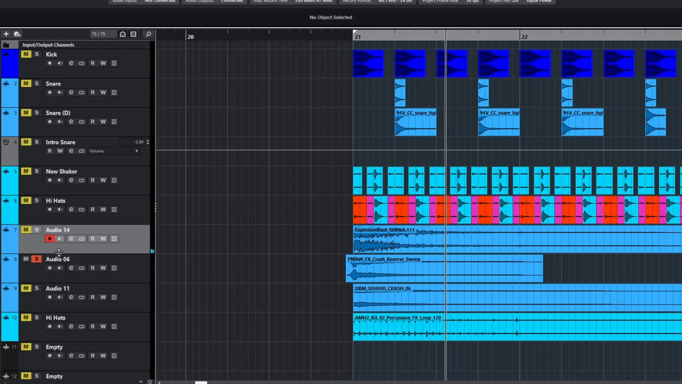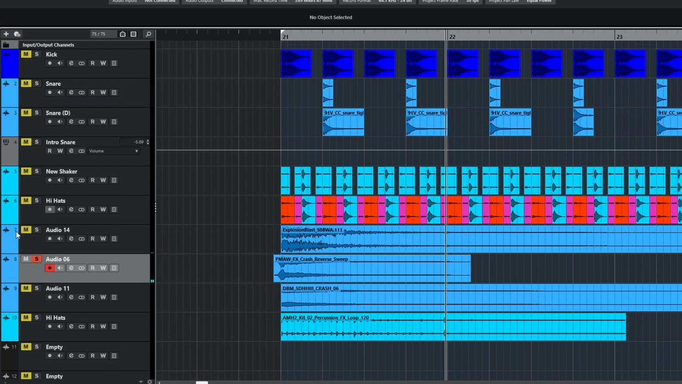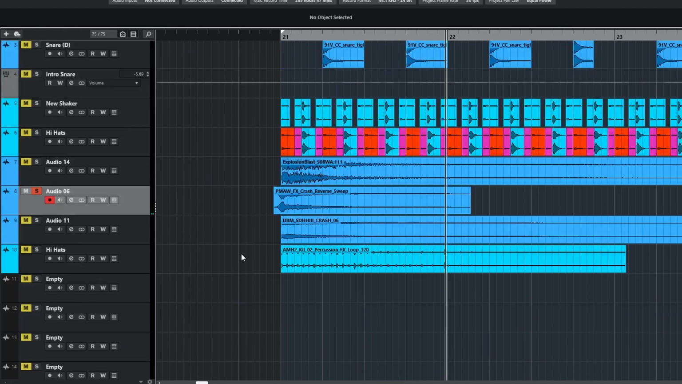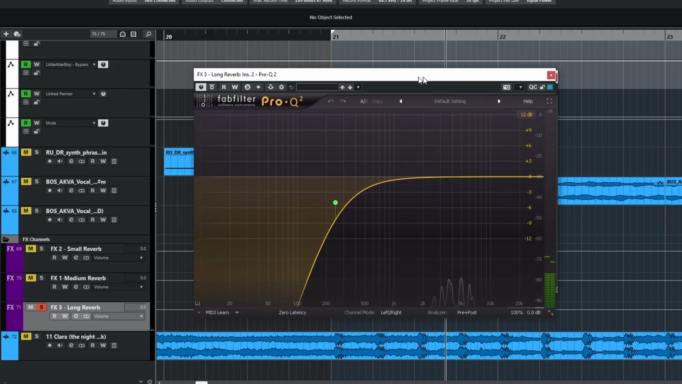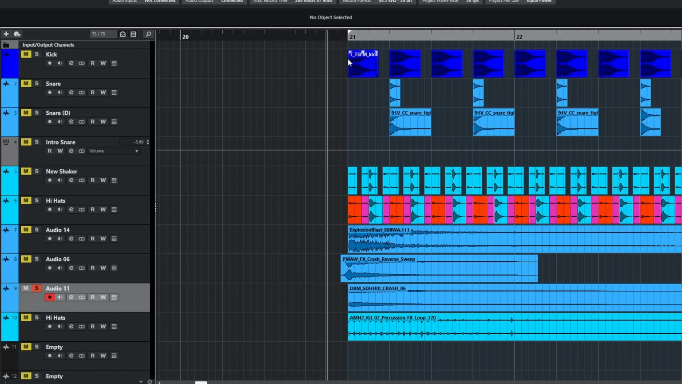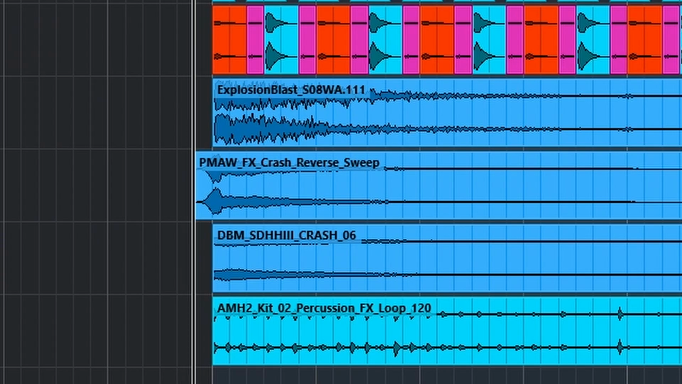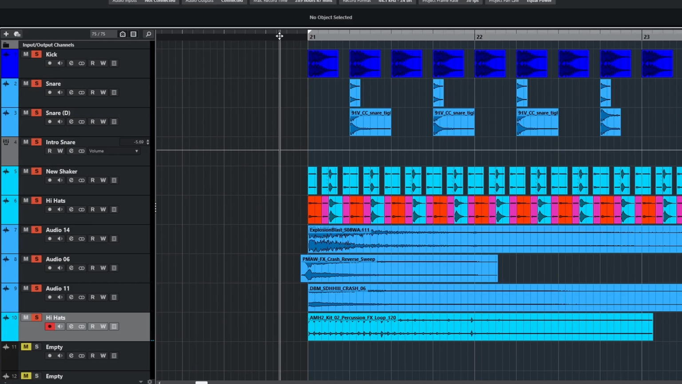we've also got some crash sounds in here as well. So we've got this one, which has been sent to a very long reverb. The reverb's coming from Valhalla Room. We've got an 11-second reverb, so very long. And also the reverb signal has been EQ'd as well, just to get rid of a lot of the low end of that reverb. We've also got another crash in here as well. And we've got this percussive rain hit sound. Altogether so far we've